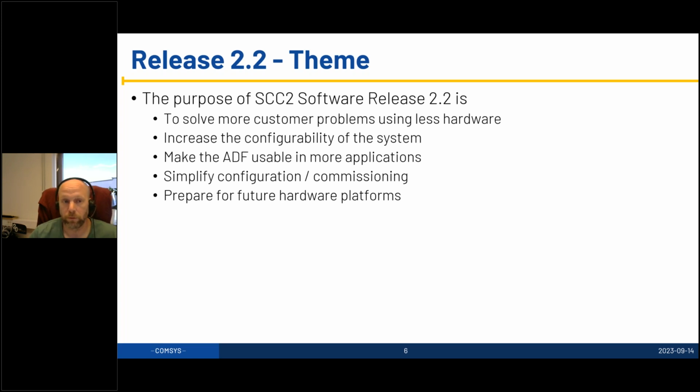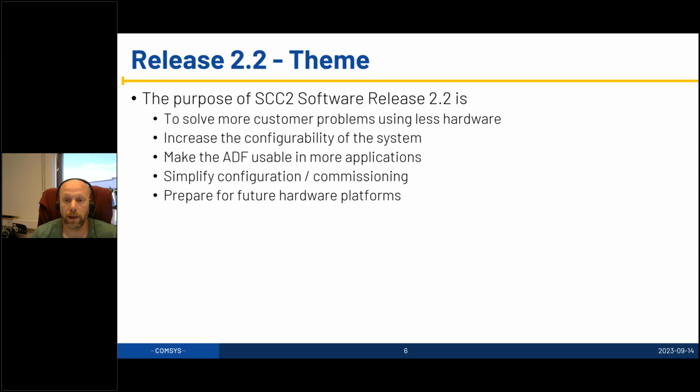There are a lot of active filters on the market. And of course, one of the key differentiators is the software. How can I apply the system to solve an actual problem? No matter if it's electrical vehicle charging, if it's a data center, if it's a variable speed drive, if it's EC fans, whatever the load, there is a much bigger chance or opportunity to actually solve the problem of the customer, or utilize the grid better, or whatever the goal of the installation is,